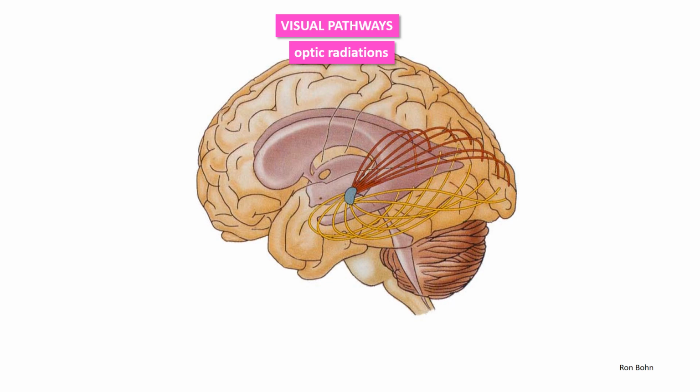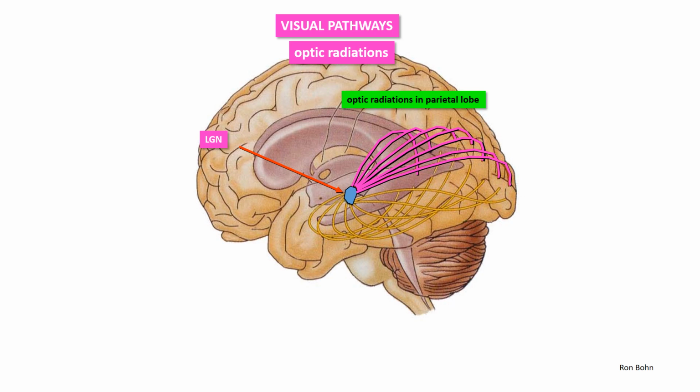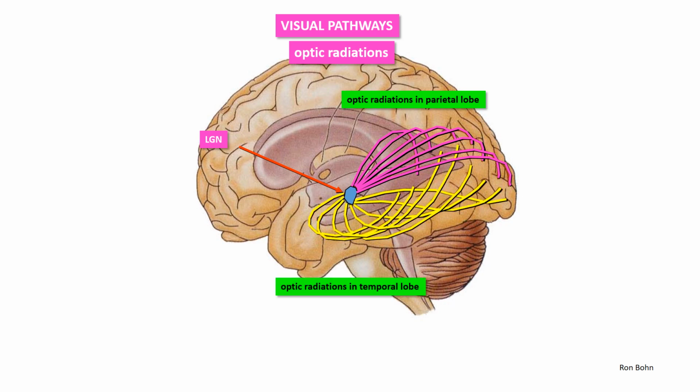Here's another picture of the visual pathways. Okay, drawn as a simple pathway from the previous slide, but actually you can see the optic radiations in more detail on this picture. And again, that's going to be the lateral geniculate nucleus for orientation of where you are in this picture. Okay, and the optic radiations happen in the parietal lobe as well as in the temporal lobe. And again, those are the ones that are mostly injured, which we'll get to in a bit,